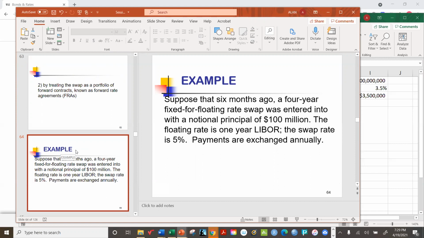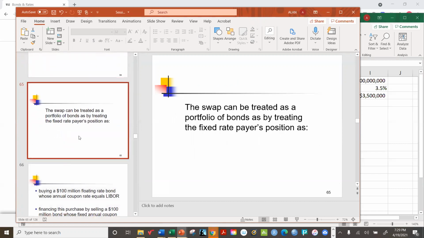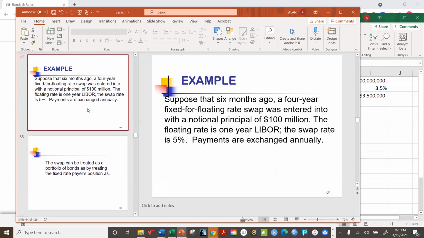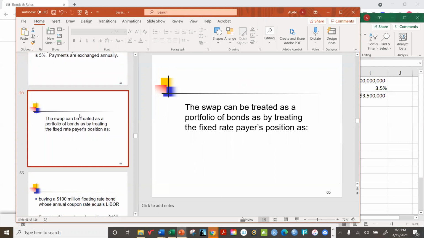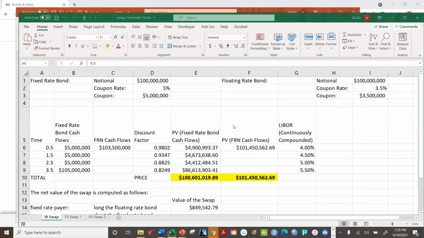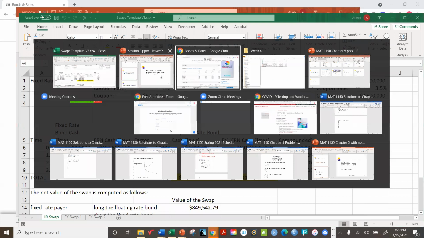Payments are exchanged annually. Okay, well, how do we price this thing? Well, we need to know the LIBOR rates. But first, let's note that the fixed rate payer, which is what we had in this example,